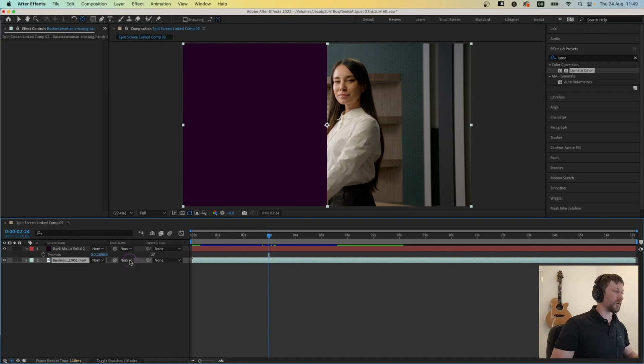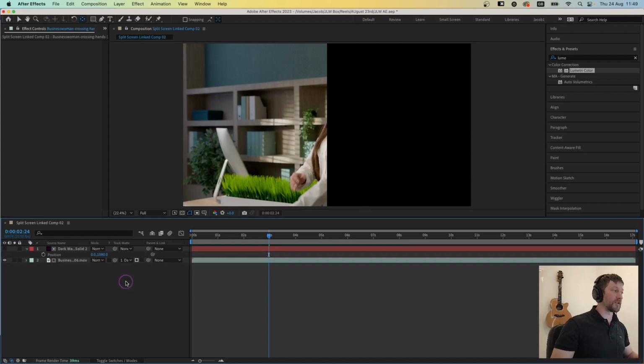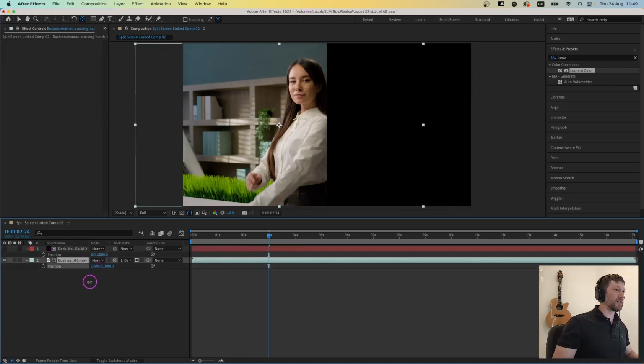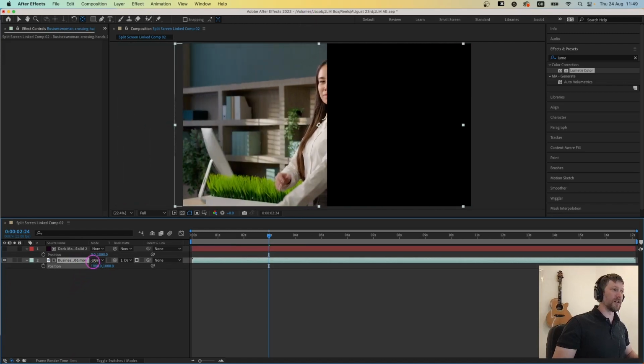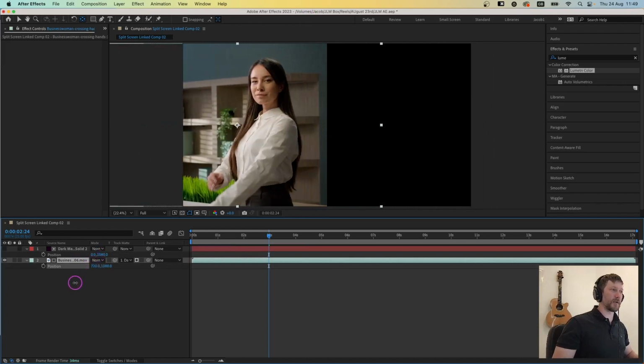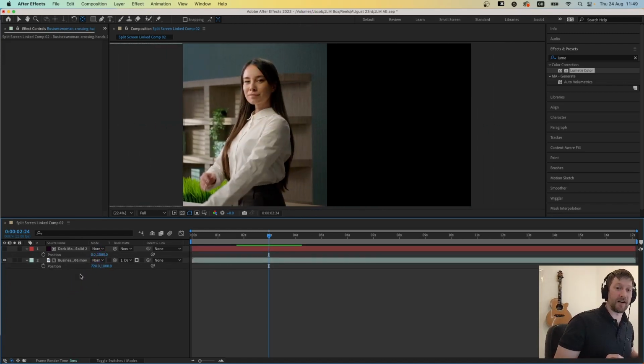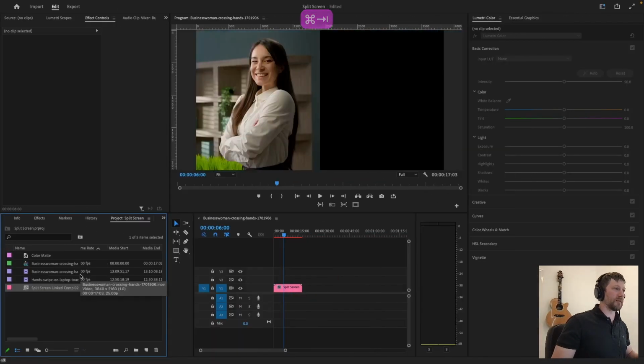Here, if I go to my drop down menu and select the dark magenta solid, now it's using that solid as a matte. So basically it's revealing only what comes into the frame of that solid. So if I drag underneath, it's like a little window. She's gone, she's here. So now that this is done in After Effects, I can just come back to Premiere